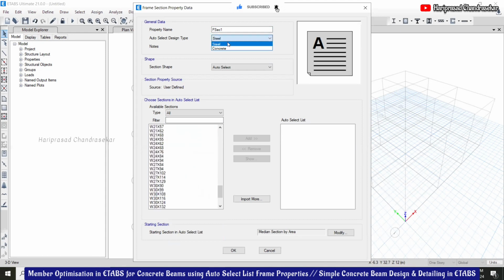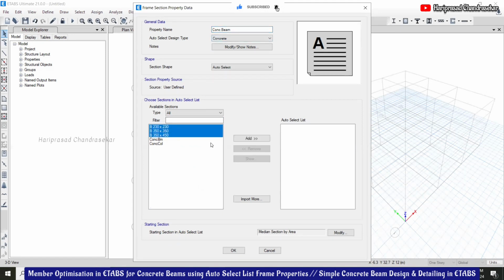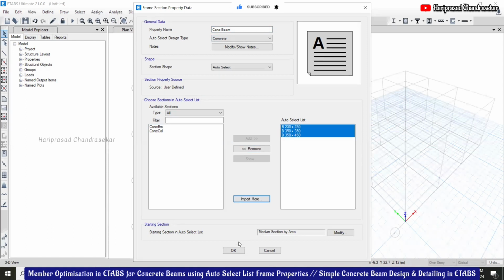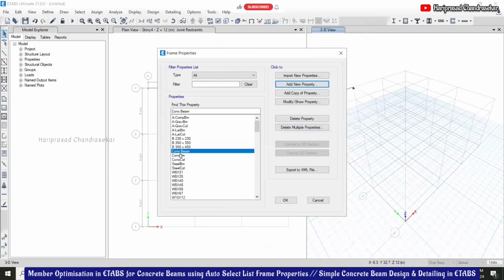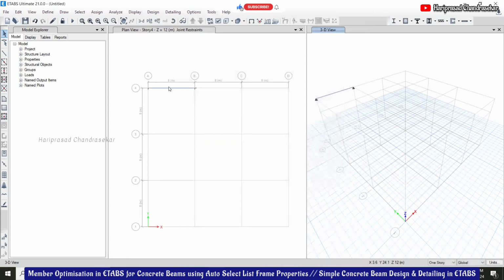This is for steel. You need to select concrete, then only the concrete things will come. So concrete beam. I will select these three, add, and then click OK. This is the auto select option. Click OK, so that we can assign it to this one.